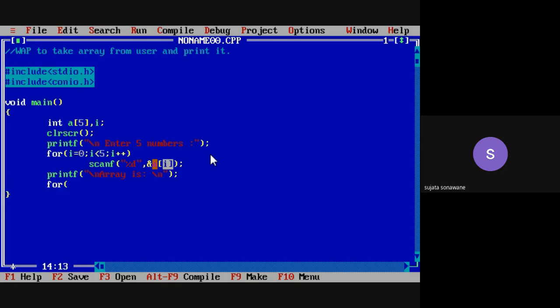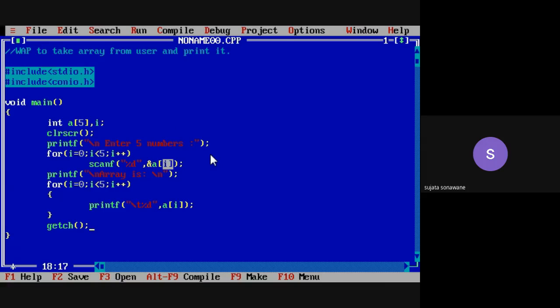So again to print the values, again I will write a for loop. So i = 0, i < 5, i++, and within this we write printf. Now we have to print the values of an array. So therefore we write \t and our number. So therefore %d. Okay, and which number will be printed over here? So it will print a[i]. Okay, so at the last write here getch function.